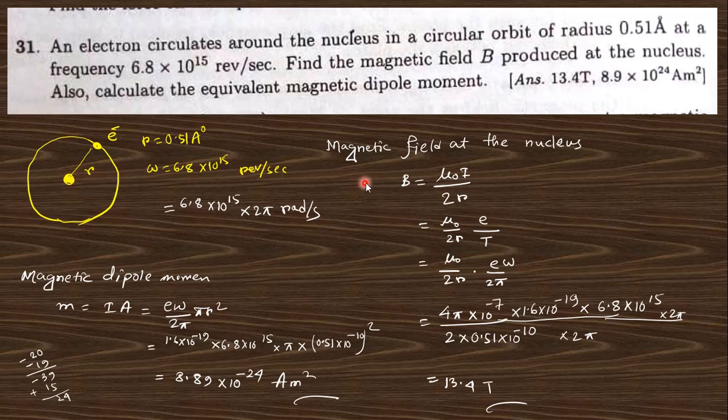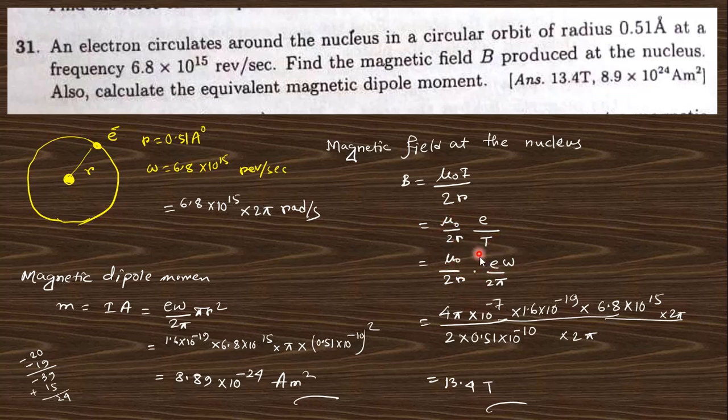at this nucleus, right? When the electron moves along this circular path, its orbit, you can consider it as a current, because the motion of charge is nothing but current. Due to this current, a magnetic field is produced. This magnetic field is mu 0 I by 2r, the magnetic field due to a current loop at the center. Now we need to find the value of current, which is charge per time. Here the charge is the electron, only one electron is moving, and time is the time period, one revolution.